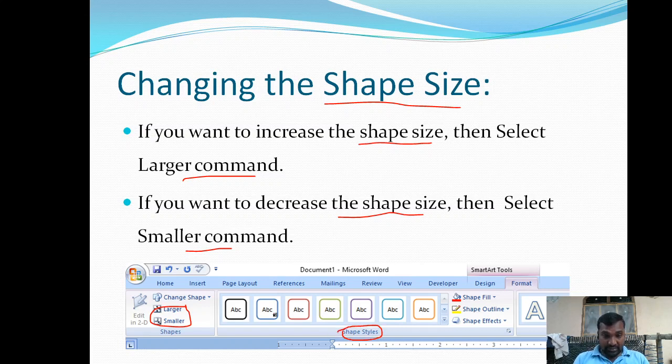Under this group several shape styles are already available, and if you want more, click on this more button. The down arrow button is the more button. By clicking on that button, you can view more shape styles. Choose the appropriate style you want, then that will be reflected in the SmartArt diagram.